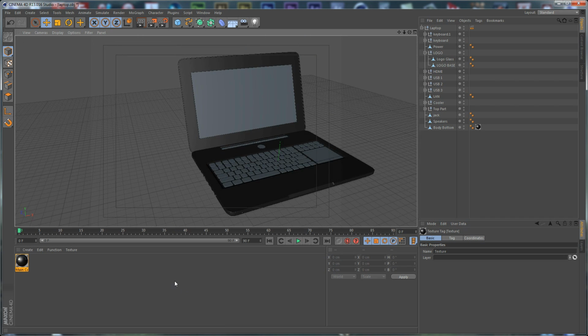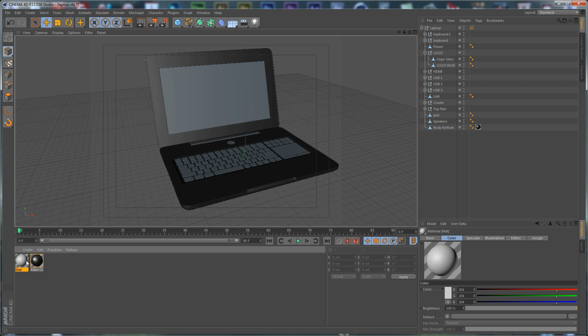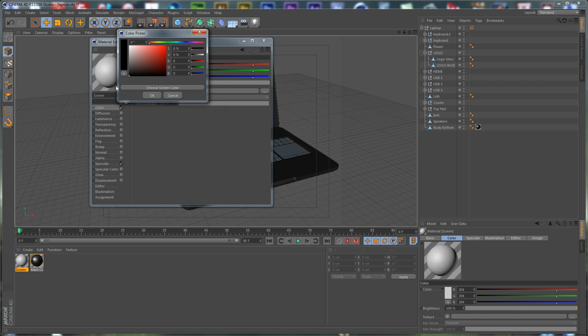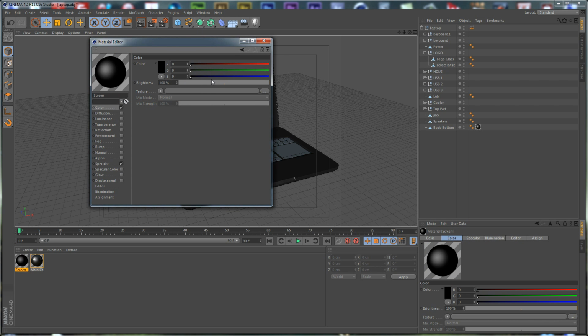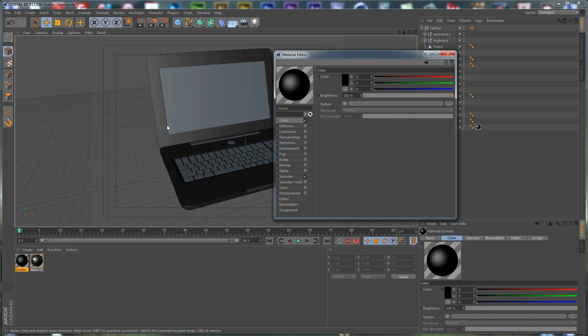So that's it. Let's create a new material and let's call it screen. This is the material for our screen, and let's go to the core channel and set the core to completely black, because we are going to set the video in After Effects using screen or additive blending mode, and we want this to be completely black with a bit of